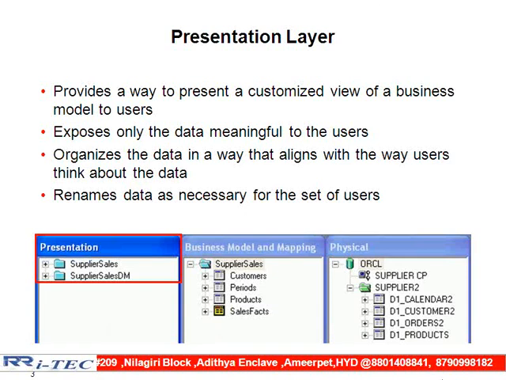So for the finance person, I will rename it as finance year. The same year is exposed, but here I rename it as calendar year. Are you clear? Whatever way they want, we can represent the data. Okay, next,